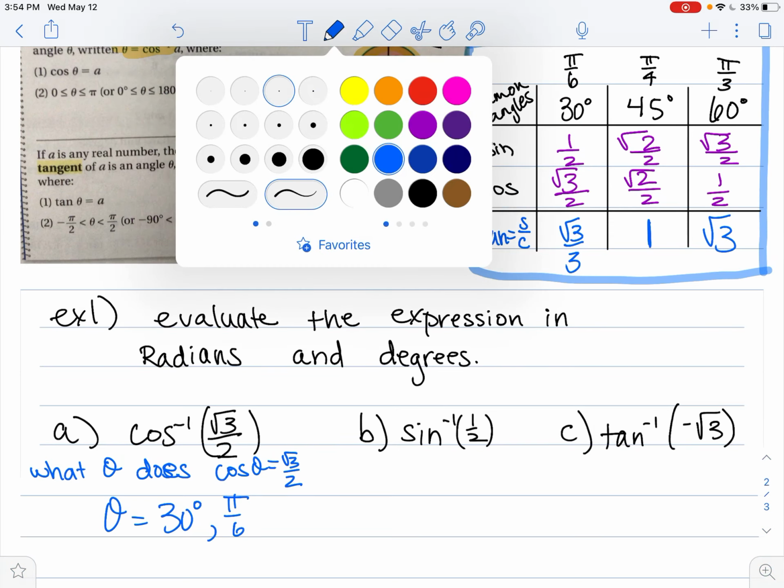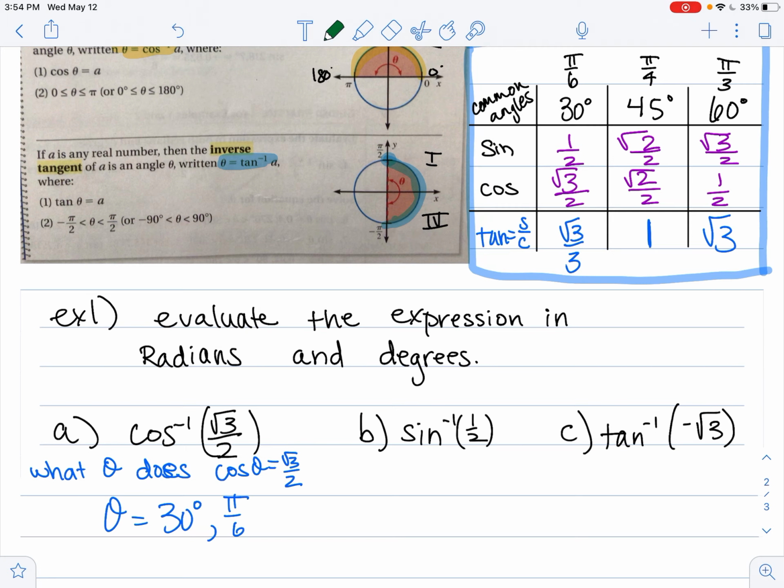So for the next one, we want to know the inverse sine of 1/2. What we're really saying is, what value of theta does sine theta equal 1/2? So what we're really looking for here is, where does sine equal 1/2? So here's sine, and here's 1/2. We see that's right here. We see it where theta equals also 30 degrees, or pi over 6. Okay, and then lastly,